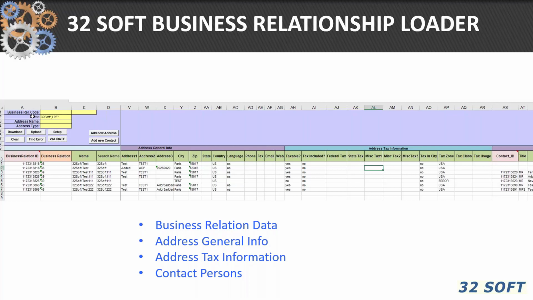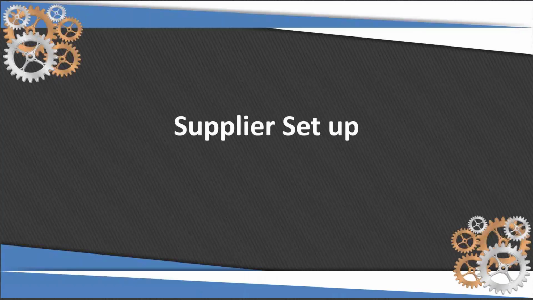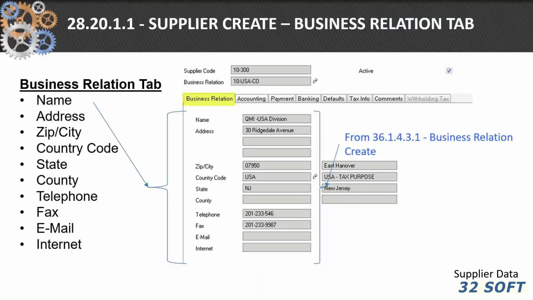I won't go into that too much, but now you can use one of the familiar 32SOP loaders to enter and modify your business relationship data in EE. So the supplier setup. Once you've created the business relationship, now you need to go in and edit the